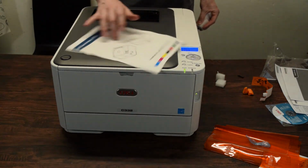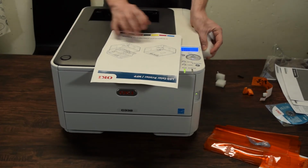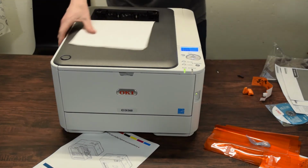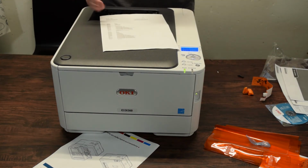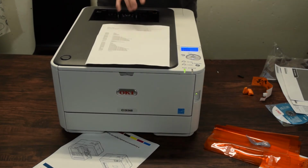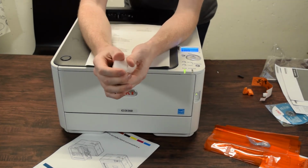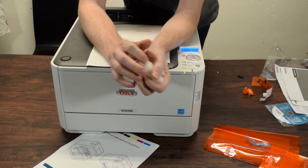Isn't that exciting? So I'm gonna print a couple more interesting things from this printer once I get it set up and on the network and all that. Once it's warmed up, it actually prints pretty fast, as you can see. But it does take it a bit to warm up. Also, hopefully you didn't see that, but it is making the studio lights flicker a bit. I think this thing uses some power. I probably shouldn't have just plugged it into the same circuit I have everything else on. Oops. But anyway, that's the unboxing of the OKI